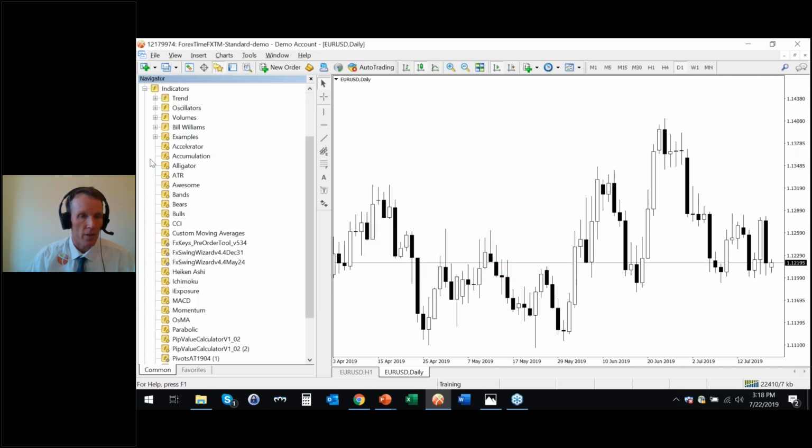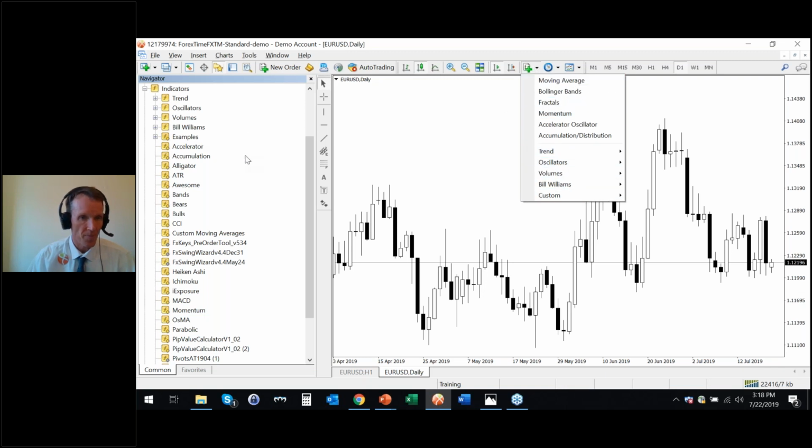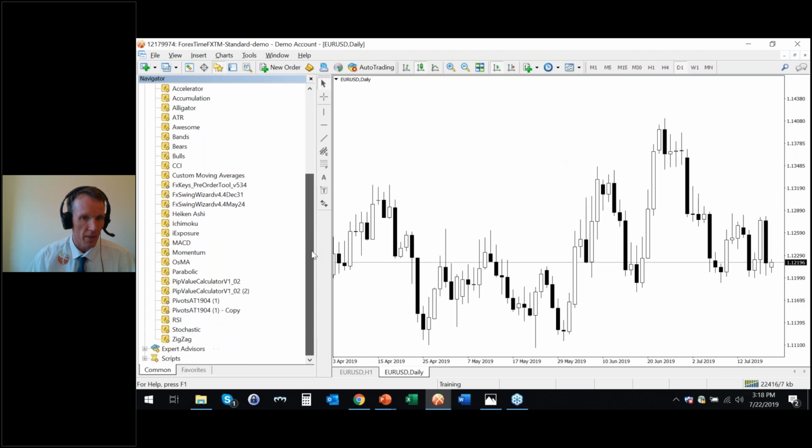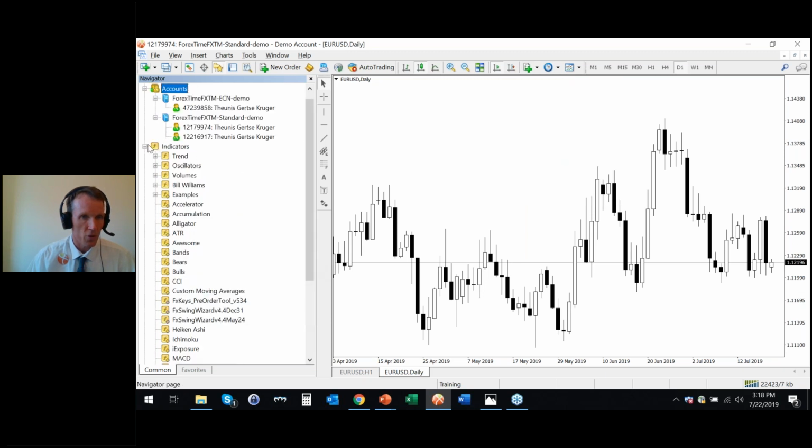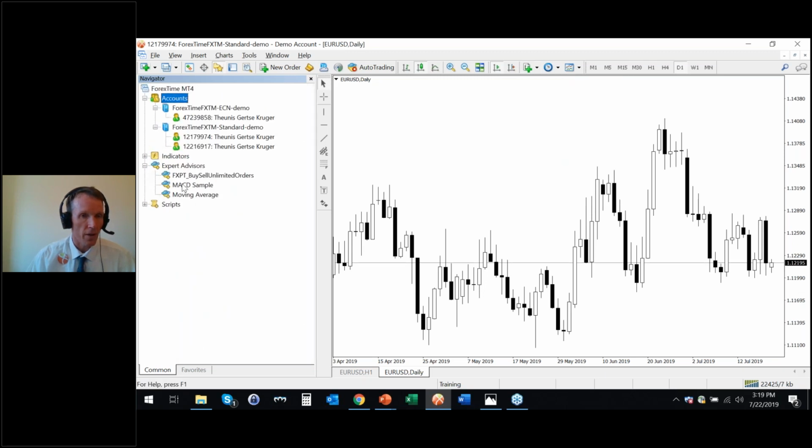Right, and then you've got your indicators. You can access your indicators from here, or you can access them from there. Same list, just in another format. What's nice here is you can see a list of all the ones you have, and depending on what you use and don't use. Expert Advisor, this is programmable